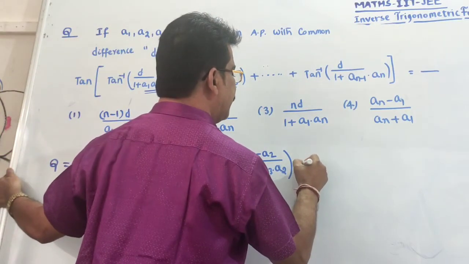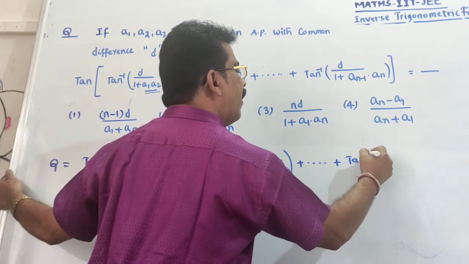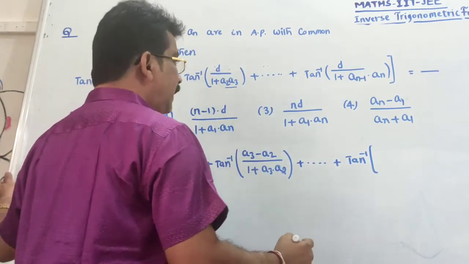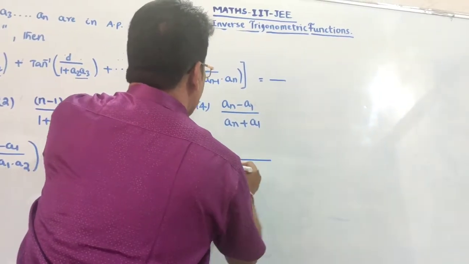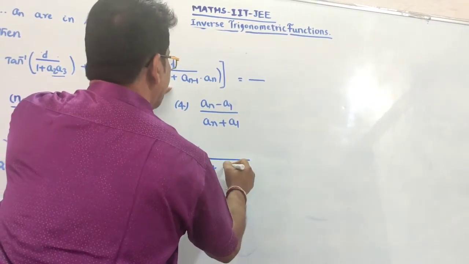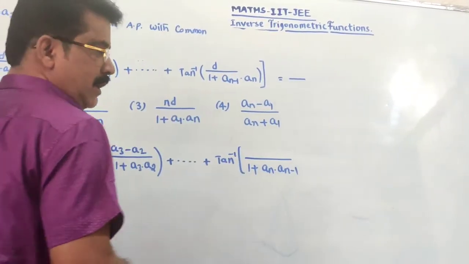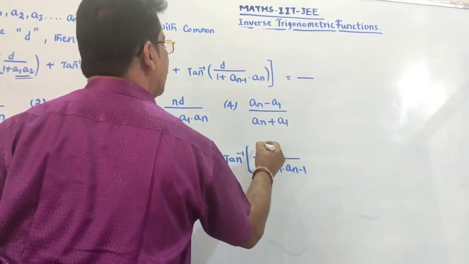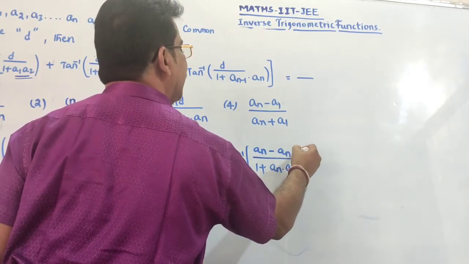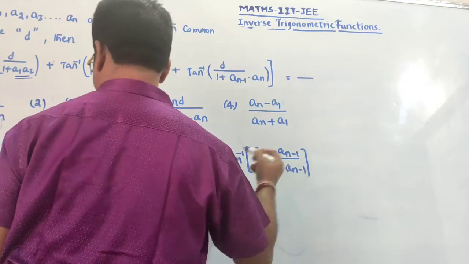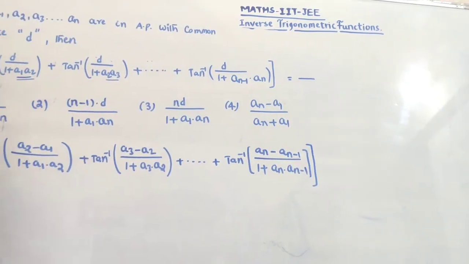Plus and so on. Plus tan inverse of, here the denominator is 1 plus an into an minus 1. So with respect to these two terms, we can write d is equal to an minus 1. It's a preceding term. So this is within tan. Okay, so that is equal to